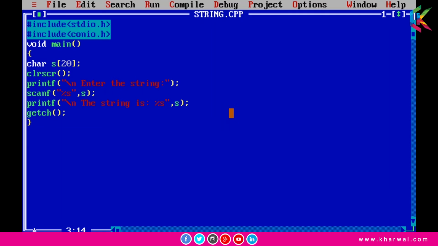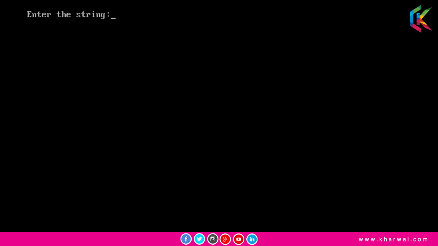Now how can we solve this? Guys, we can solve this by using the gets function, and the gets function can accept a multi-word string from the user. So let's use the gets function in this program. In the gets function we just need to pass the name of the character array, and that is S in our case. Now if I run this program and enter a multi-word string,